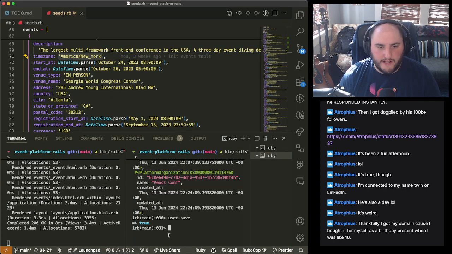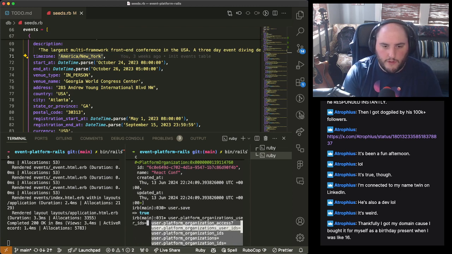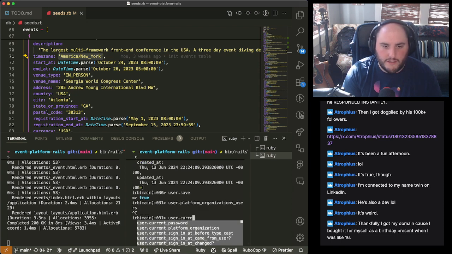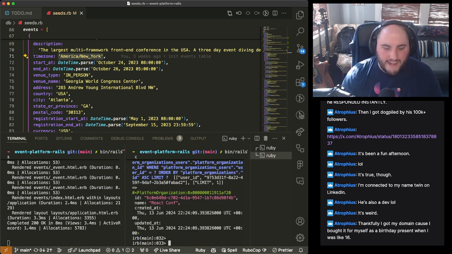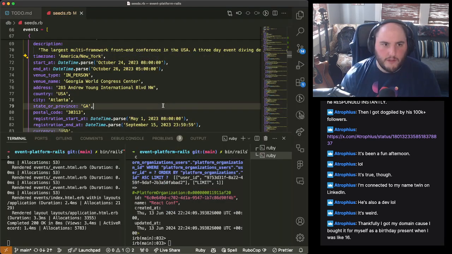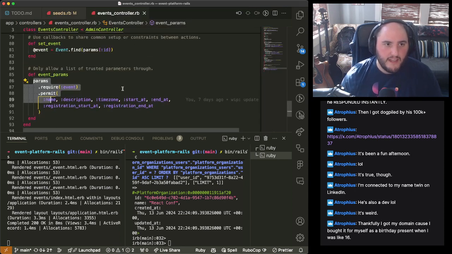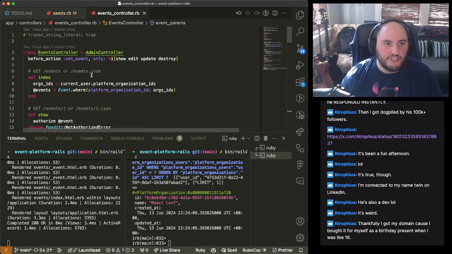And what is my current organization, right? So if I go look at the user platform organization, oh, it's user current platform organization, right? It's React Conf. So really what I could go do to fix this, if I go to my events controller, is change this to only get the current organization platform.